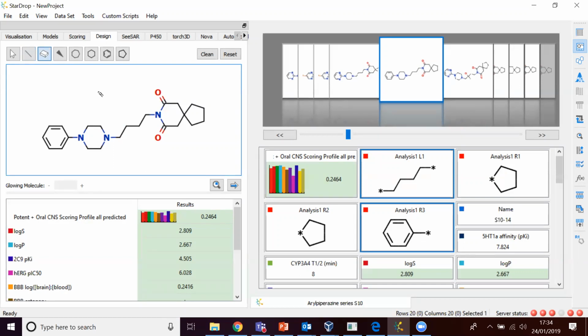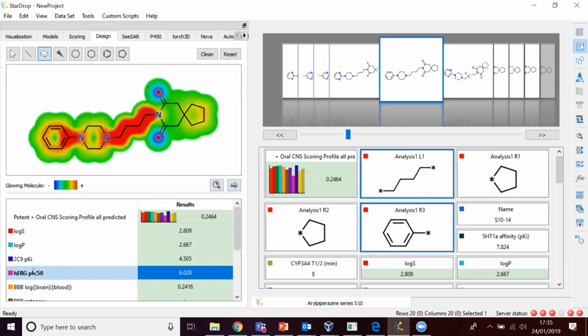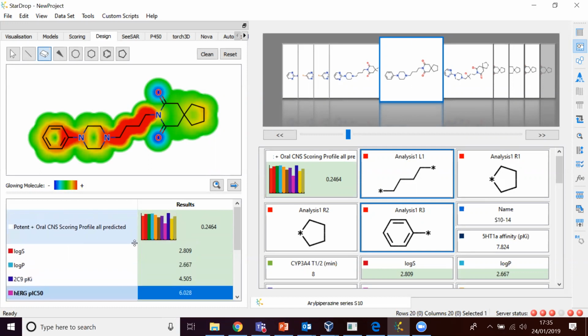So let's have a look at the scoring profile for this compound. So this does get quite a good score. However, we can see that one property is not optimal for this compound, and that is the hERG inhibition. So that's a key property that we'd like to optimize. So within this Design tab, I can click on this hERG pIC50 property there, and it will switch on the glowing molecule. I'll just resize that to get a better look at that